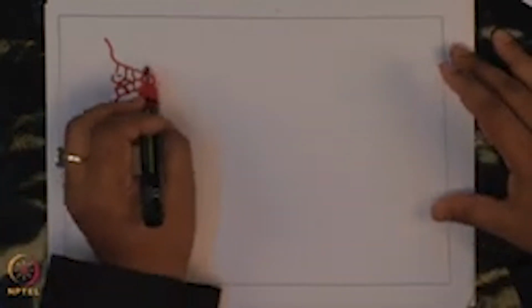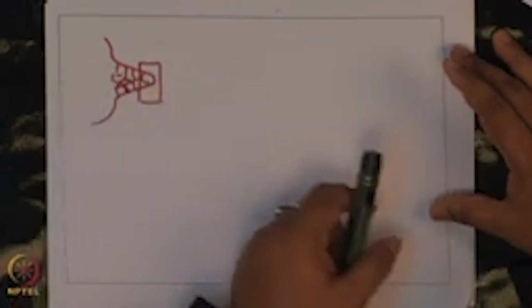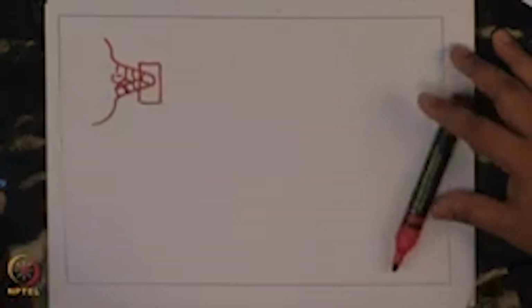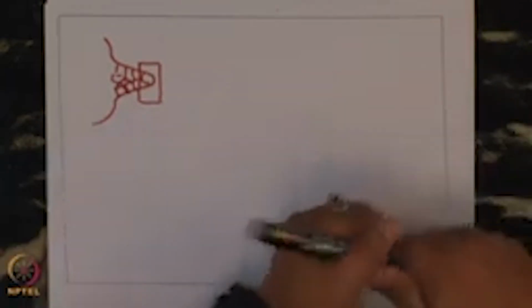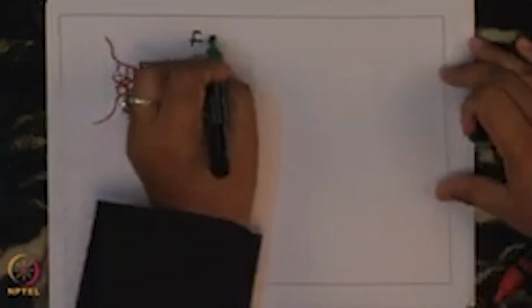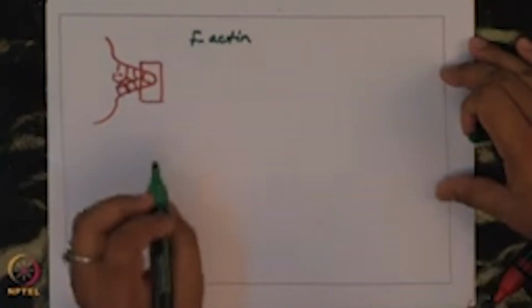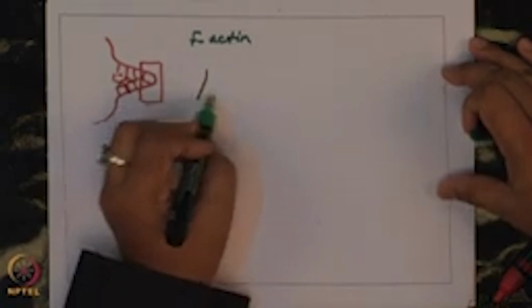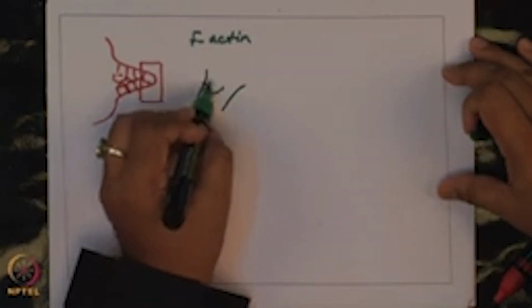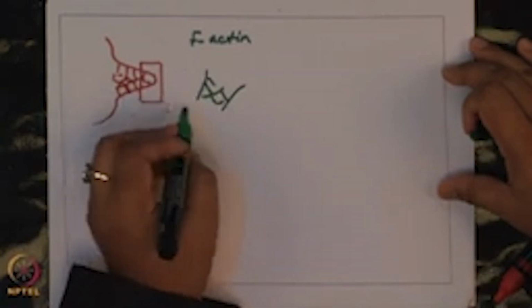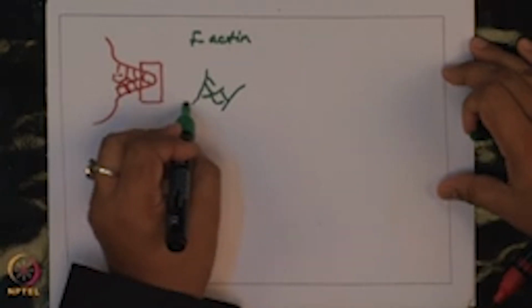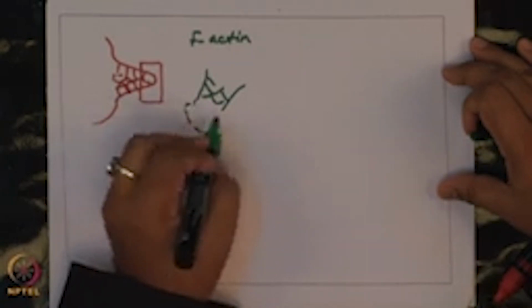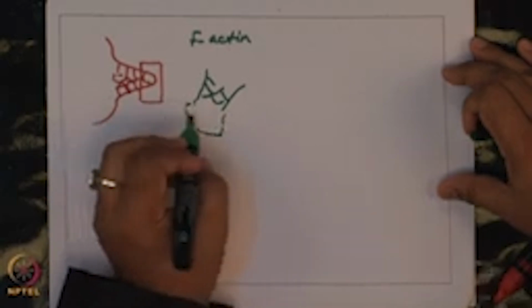So, if they zoomed in to a few of the cells right at the edge of the finger, what they found, I will draw the F actin image. F actin was